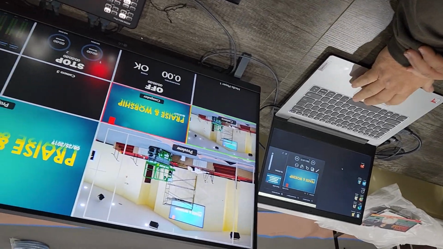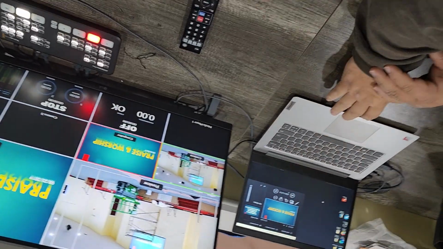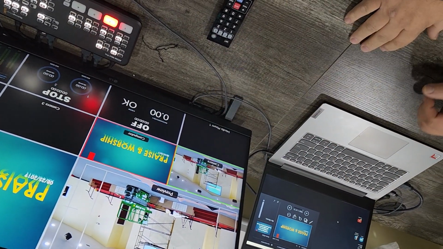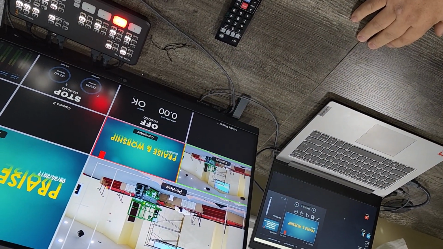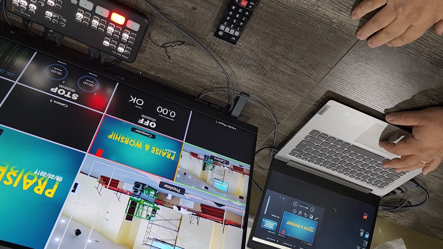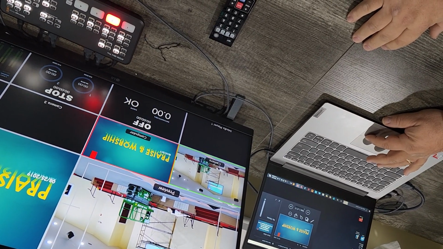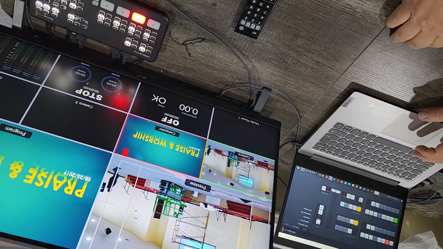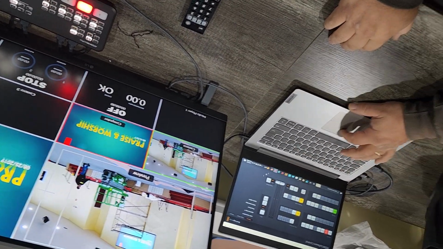Okay, because we play messages as well. We download messages and then we play them. You can do that real easy. It's just a matter of drag and drop. So nothing terribly complicated. The software for your Blackmagic Designs ATEM is this right here, and that can be found